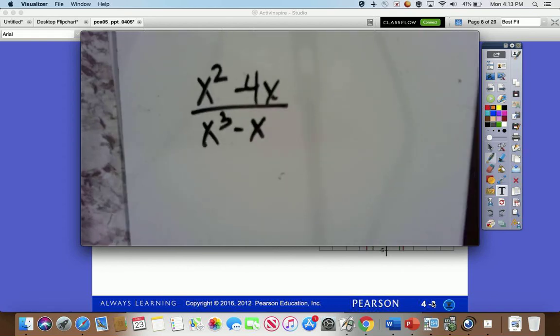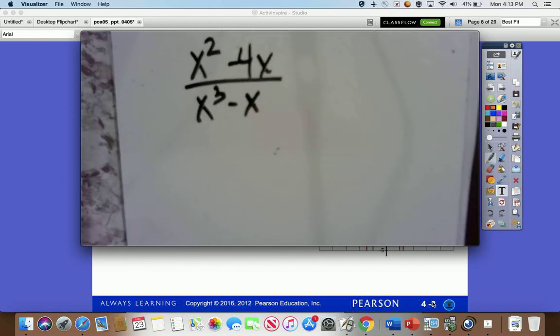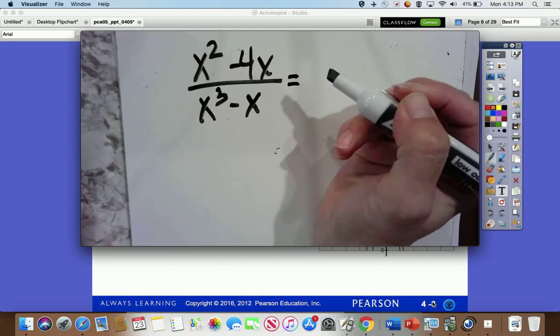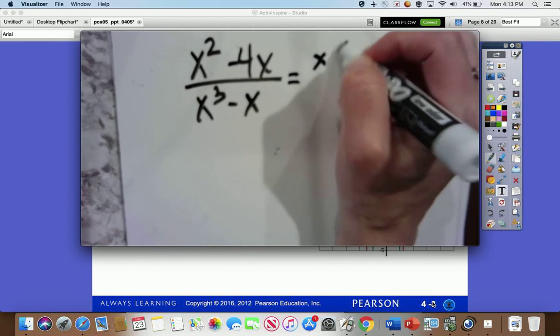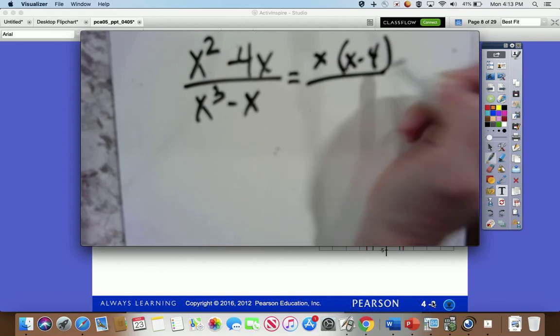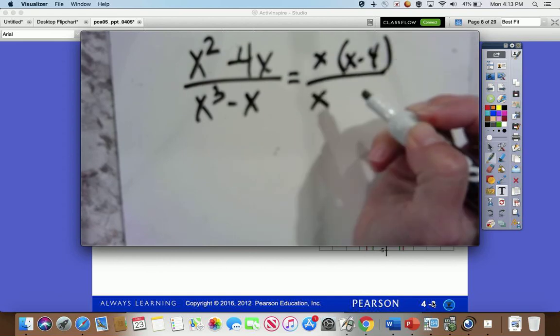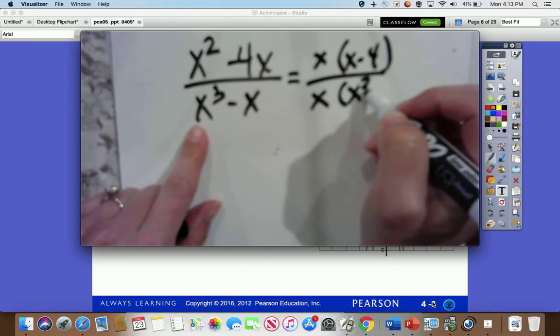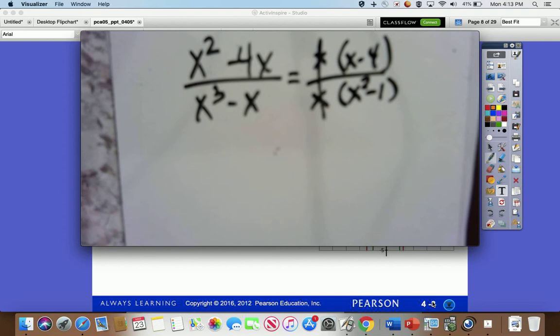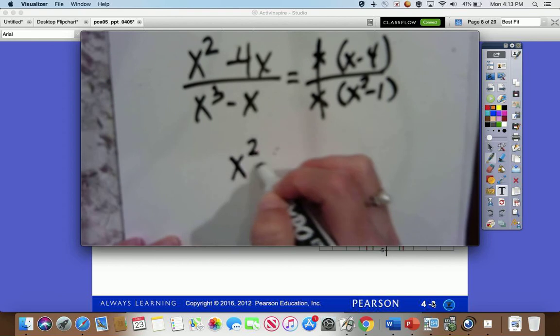So I will start by factoring the numerator and the denominator. So that'll be x, take out a GCF of x, and take out a GCF of x here, and you get x squared minus 1. Those would cancel out. So to find our vertical asymptotes, I would need to set the denominator x squared minus